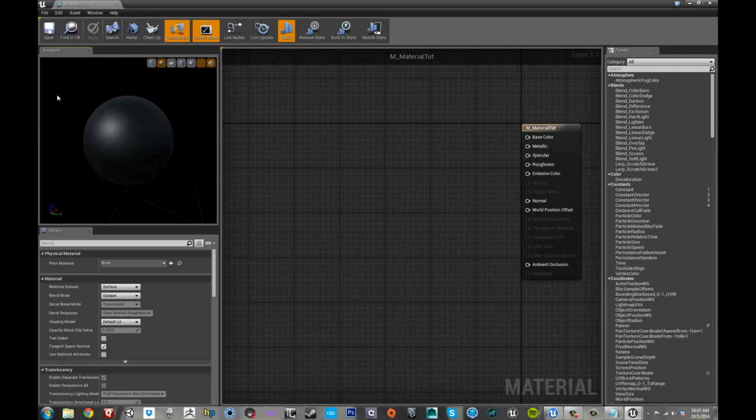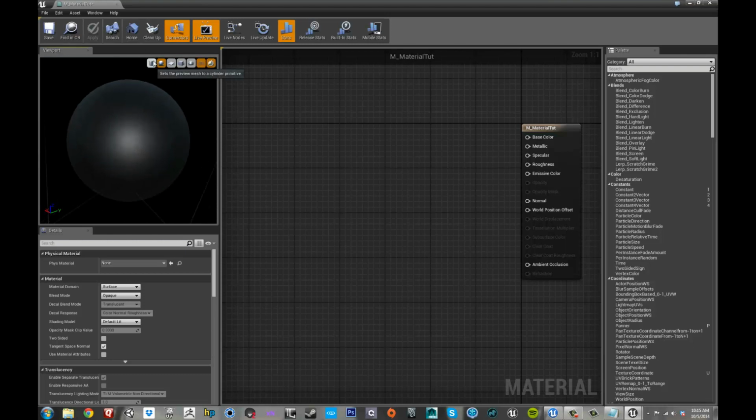Left mouse click to zoom around, pan around, and right mouse click to zoom in and out. And we can actually hold L on the keyboard to move our light around the scene. We can change the mesh up here. The teapot can house our own private mesh, which we're not using right now, but we could pull in a